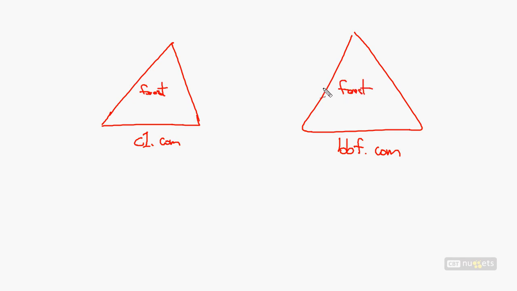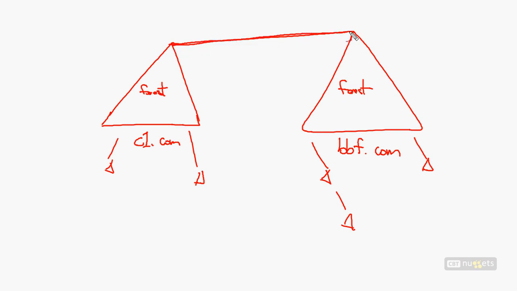In this multiple forest model, there may be domains that exist below these top-level domains, and I don't really know or particularly even care what domains exist below here. And a lot of times there aren't. But in order to be able to use resources or authenticate to resources from one forest to the other, the way in which we accomplish that is by manually creating a trust between the two forests. So here, this is kind of the way in which we describe how we create these trusts. But this trust, which is, again, a topic we'll talk about in a couple of nuggets,